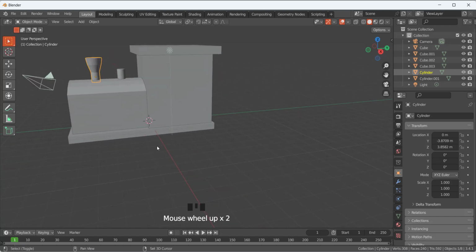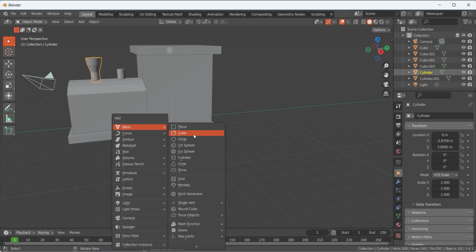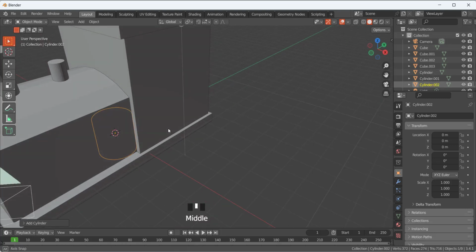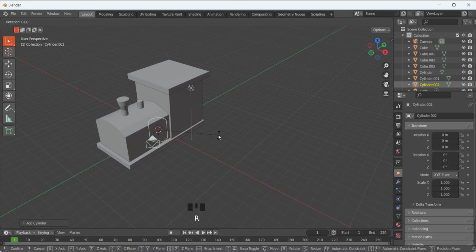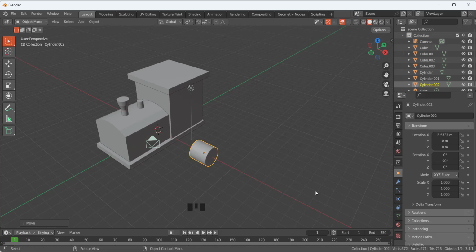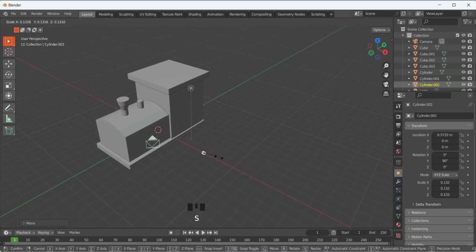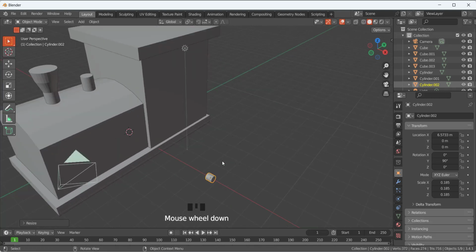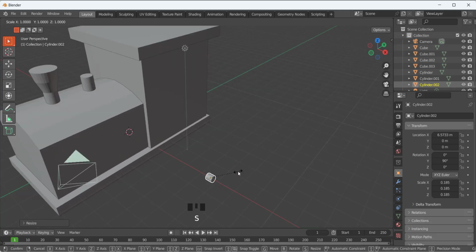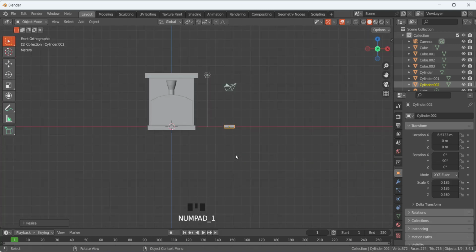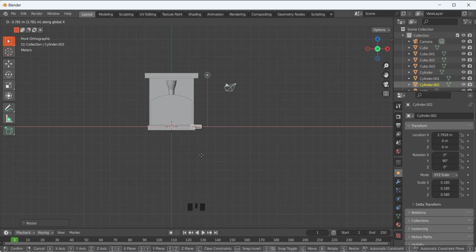Okay, now I am going to type Shift A and add a cylinder, and we are going to rotate it around the Y axis, so R, Y, and then type 90, so it's rotated like that. Then G to move and move it in X direction, make it here. Then S to scale and make it smaller, and now S to scale and scale it in X direction like that. Now plus 1 and G and X, move it in X direction like that,